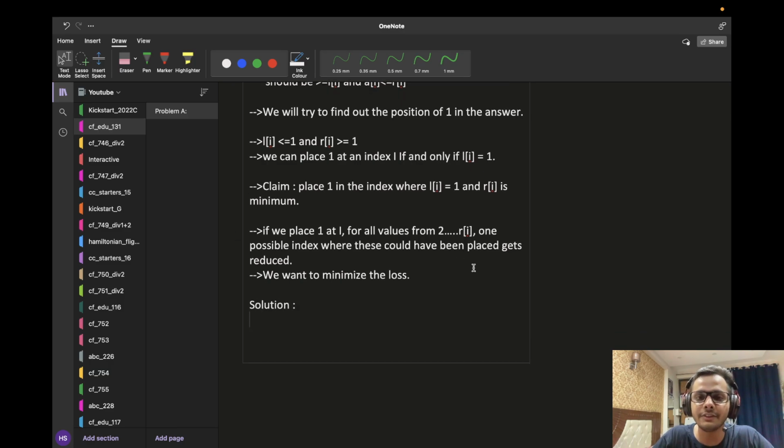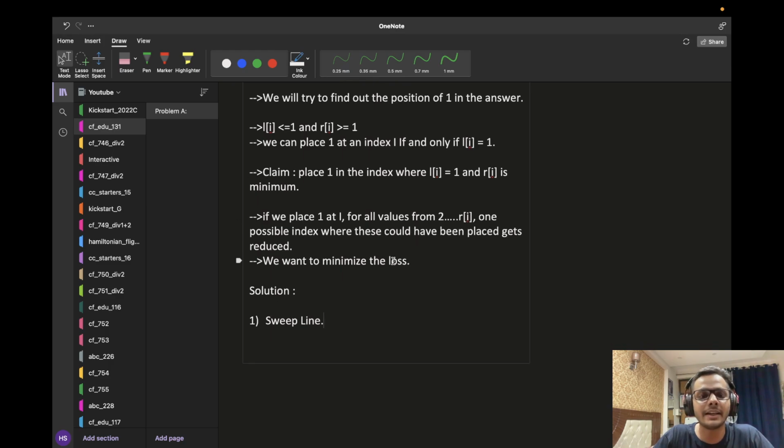This is everything that we needed to solve the problem. So the solution in one word is basically sweep line. We will be using the sweep line technique. Now you will ask why the sweep line and how the sweep line is going to work, and if you